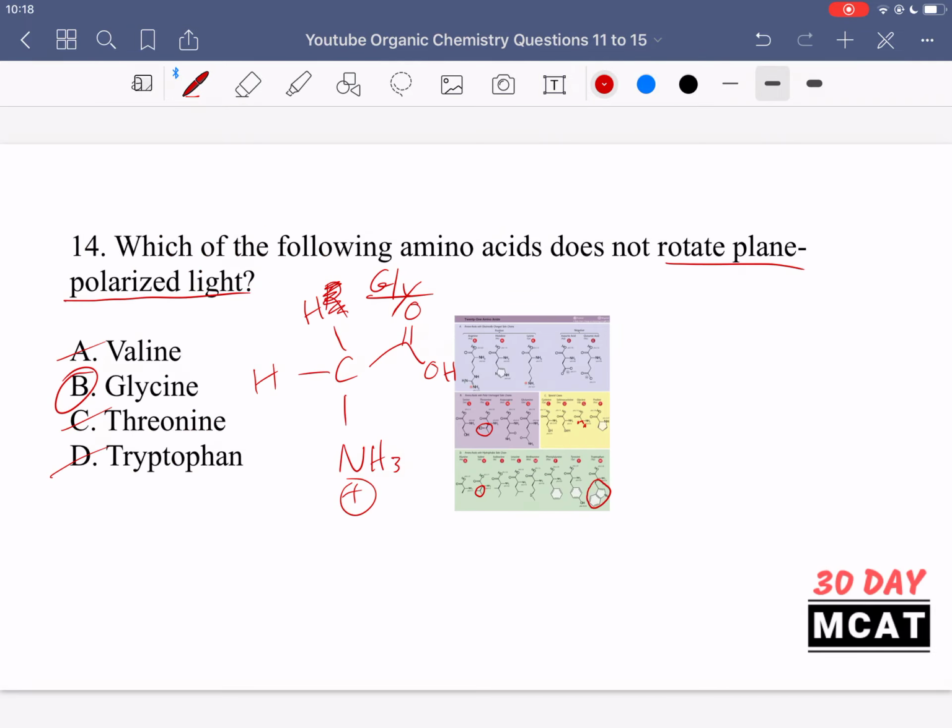So because glycine has two bonds to the same atom in the central alpha carbon, it is not a chiral carbon, and then it does not rotate plane polarized light, whereas all of the other ones have 4 different groups attached to that alpha carbon in the middle, and then the alpha carbon is chiral, so they can all rotate